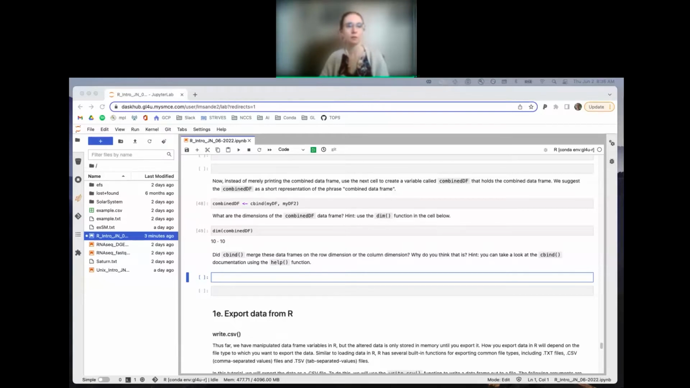Okay. So a few different answers. This is a little bit of a tricky question because it gets at how R thinks about data frames and dimensions. Okay. So let's start off just by going with the hint here and looking at the cbind documentation